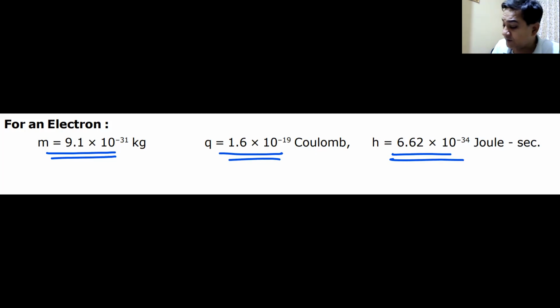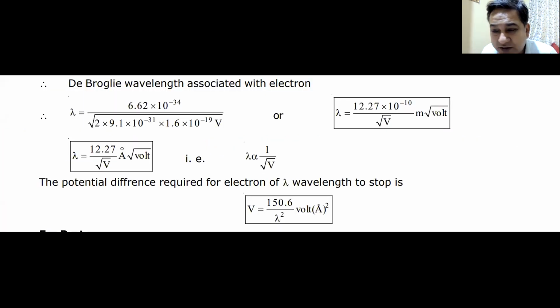So, what we are going to do is just put the values for the electron in the De-Broglie's equation, and we get this formula. This is how it is derived. You just have to remember the final result. I'm showing you the entire derivation. They have just put the values at different places, and here they have arrived at the De-Broglie wavelength. This becomes the shortest possible formula by putting all the values, and we get lambda is inversely proportional to the voltage difference. Do we understand this?